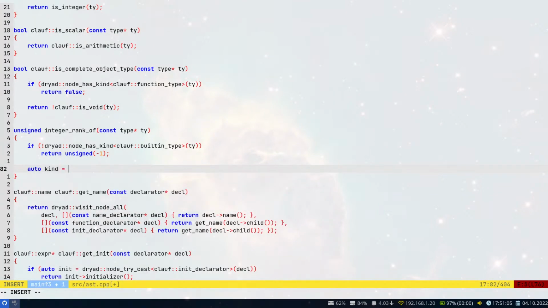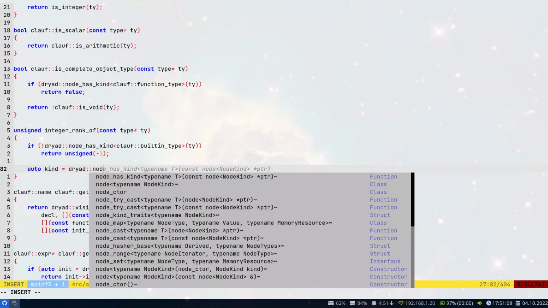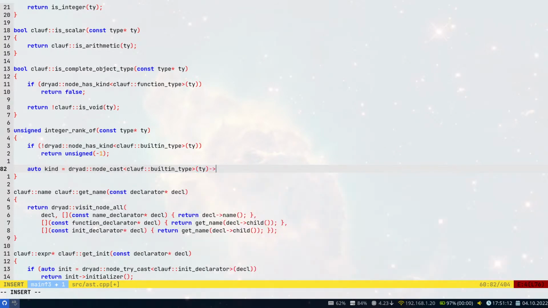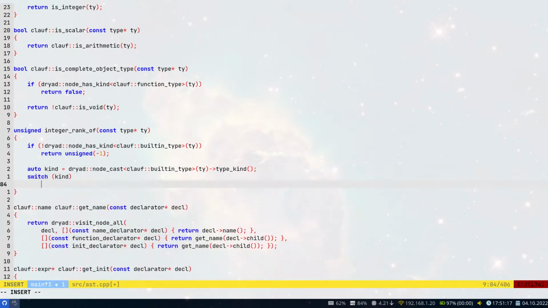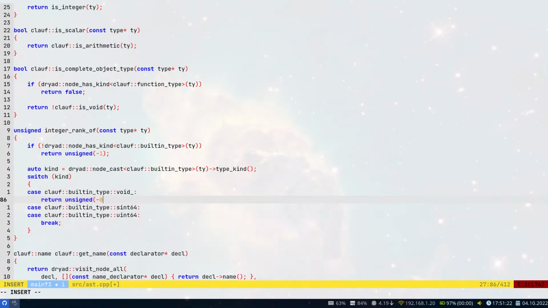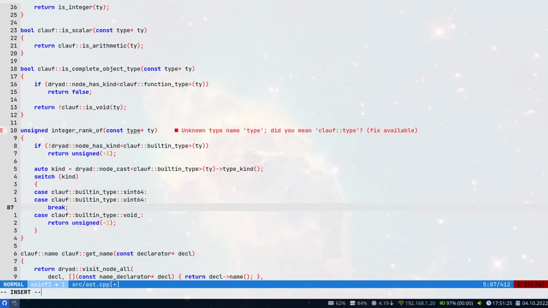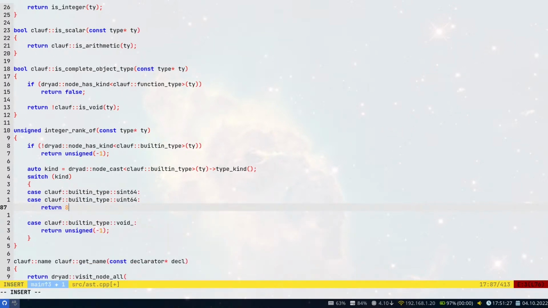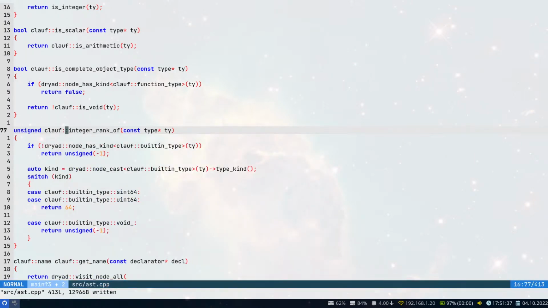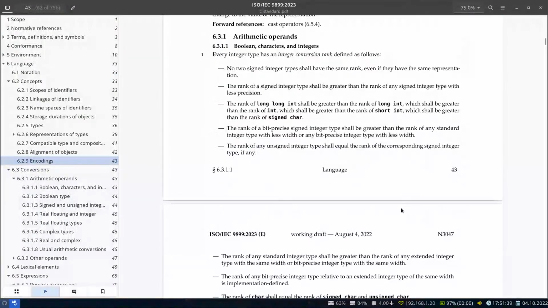Otherwise, we cast the node to the built-in type kind, and switch on the kind. Not an integer, and here we return, let's actually use the number of bits, so it's nicely self-documented. Okay, so that is the integer rank,